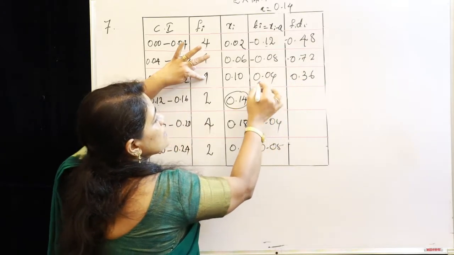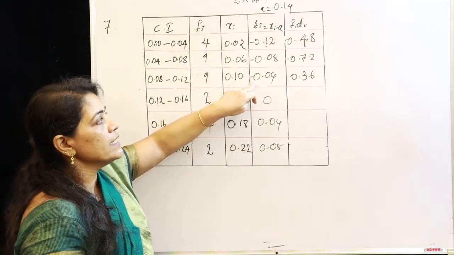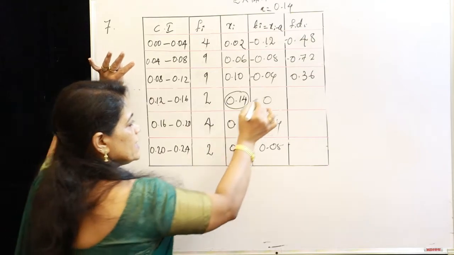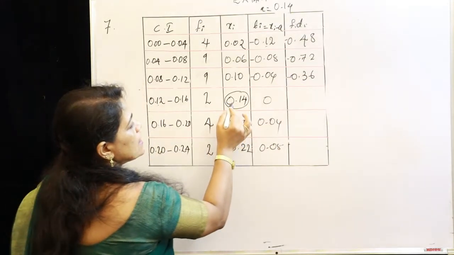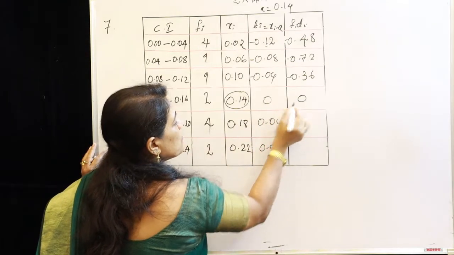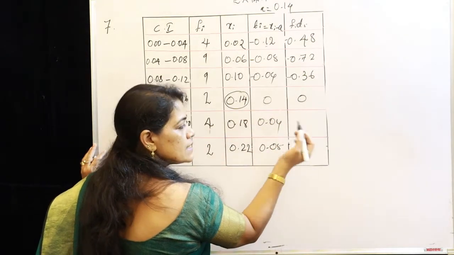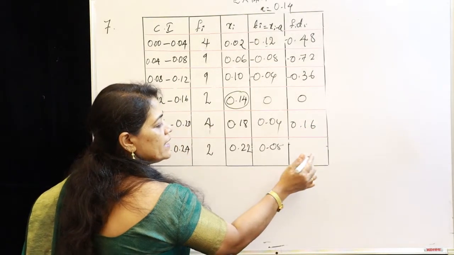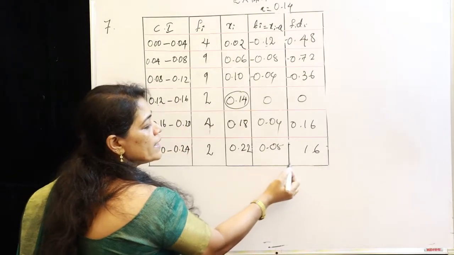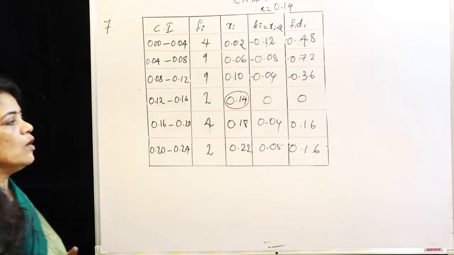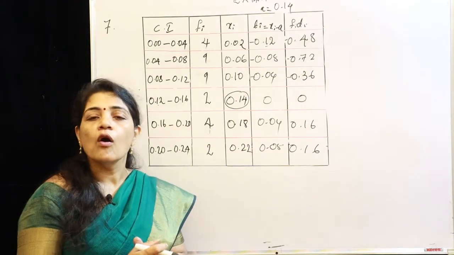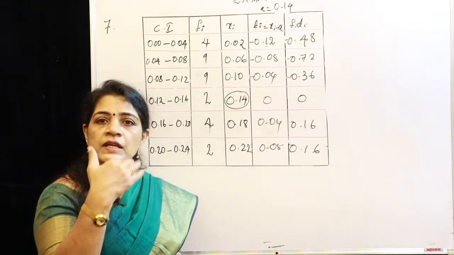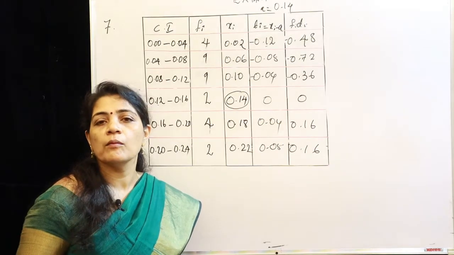This is also negative, because the numbers above the 0 will be negative. So negative 0.36. Here 0 and 2. 4 into 4 is 16, so 0.16. Hope this step is clear. Multiplication of decimal numbers can be easily done by multiplying without the decimal, and after getting the answer, shift the decimal point to the left according to the number of decimal places.